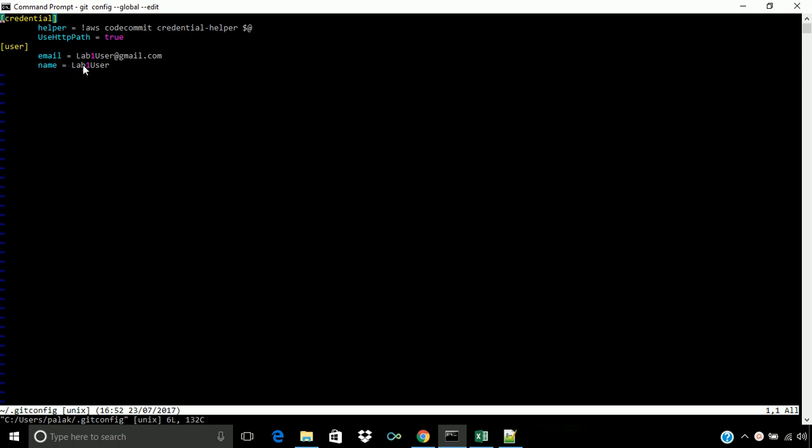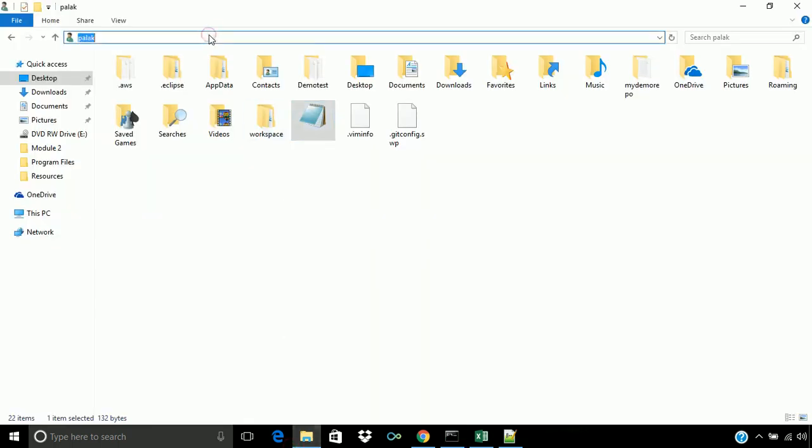At that time we can say that lab1 user has changed or committed this change, so we can track the changes by seeing the username. Now let's navigate and see the .git config file. The .aws profile and .git config file will be stored in the local user's folder, that is, in the Windows case, the C drive in Users and whichever user you are using on your PC.